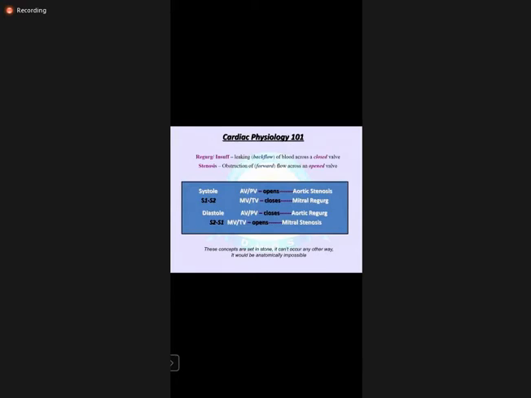According to cardiac physiology, as we already remember, during systole the aortic and pulmonary valves open and the mitral and tricuspid valves close. During diastole, the aortic and pulmonary valves close and the mitral and tricuspid valves open. This is the main and major portion of the cardiac cycle. So what happens in regurgitation or insufficiency? There is a leakage or backflow of blood across the closed valve. And in stenosis, there is an obstruction of forward flow across an open valve.